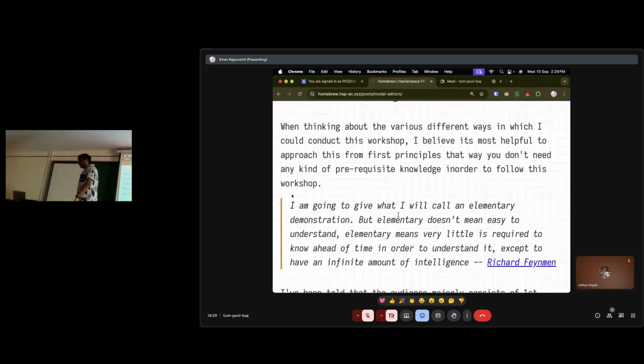So with plain text editors out of the way, I'd like to now move on to modal editors. How do you usually edit text in VS Code? You write some program, say you want to edit something, you might use your arrow keys to move around. You use your mouse to click somewhere, maybe select something, delete some words, fix typos, and so on.